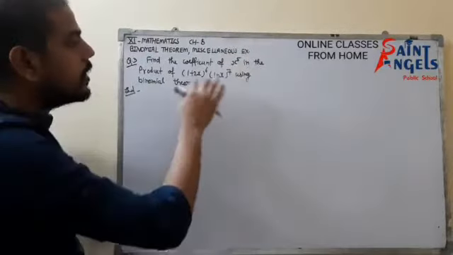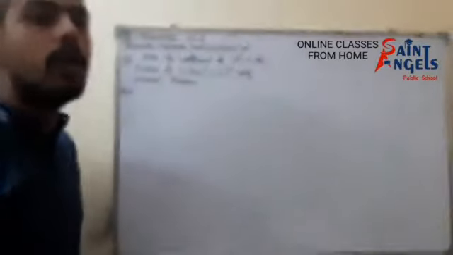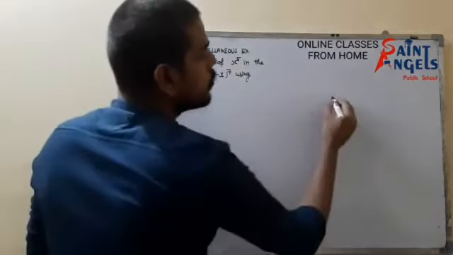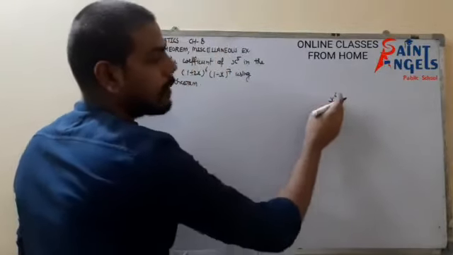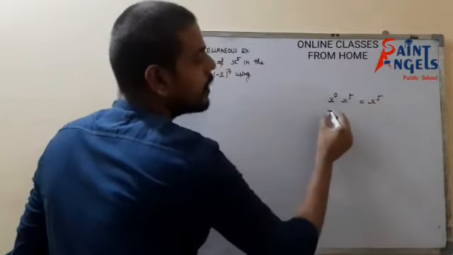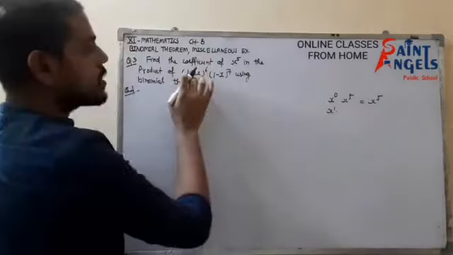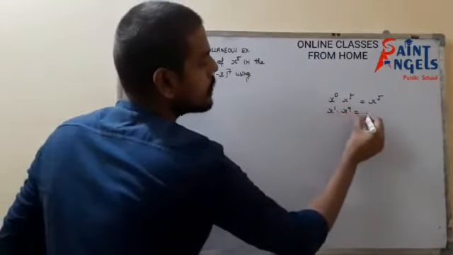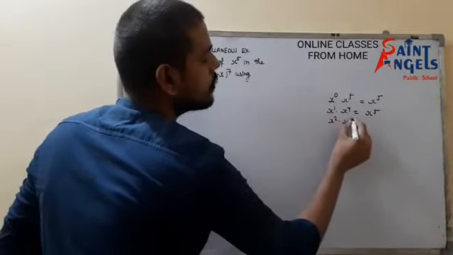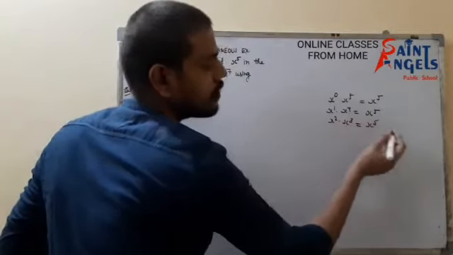x to the power something in two products, then we will look for all those terms which make x to the power 5. To remind you, if we find x to the power 0 in one expansion, then x to the power 5 in the next, then we will get x to the power 5. x to the power 1 in this expansion and x to the power 4 in this expansion, then we will get x to the power 5. x to the power 2 in this expansion and x to the power 3 in this expansion, then only we can find x to the power 5.